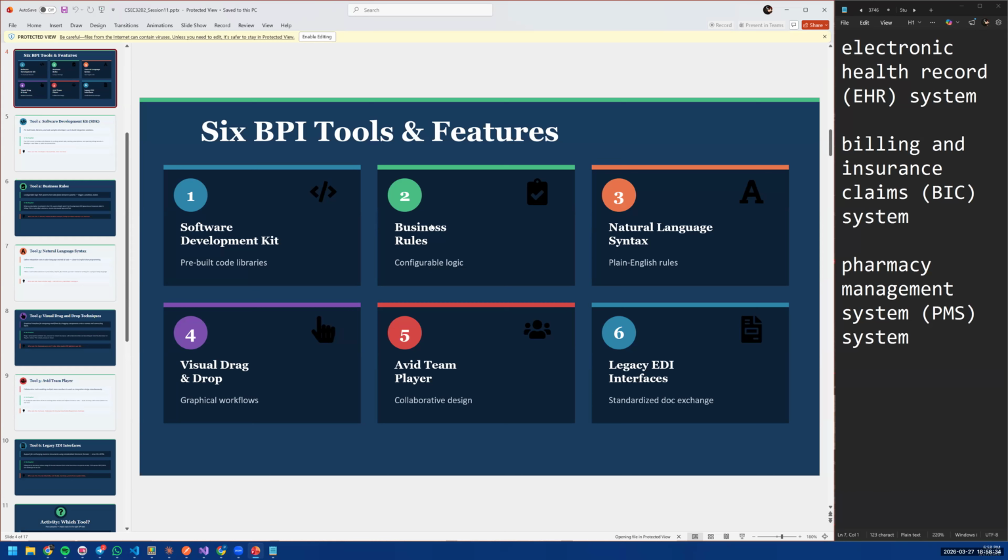You make changes to the way the application is built through the application's interface. Natural language syntax is another way of implementing business rules, but it's done through spoken language as opposed to technical terms or code. And the visual drag and drop is another way of defining business rules, but it's done on a graphical user interface, an intuitive system where you have boxes and connect lines between them. So given that,